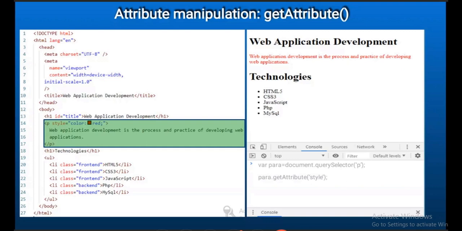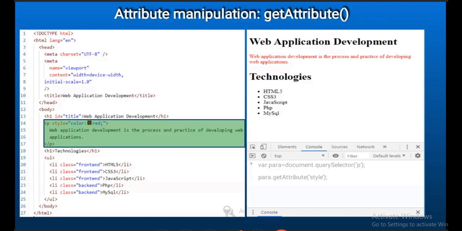Style is an attribute, a common attribute.